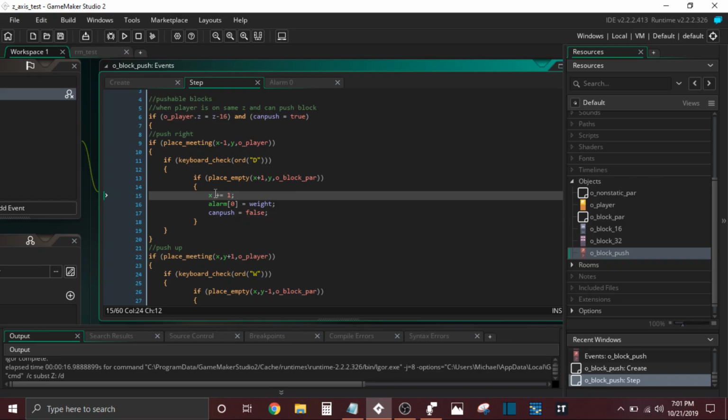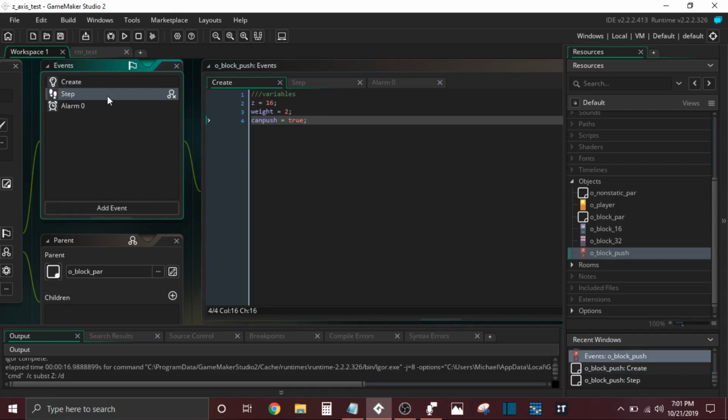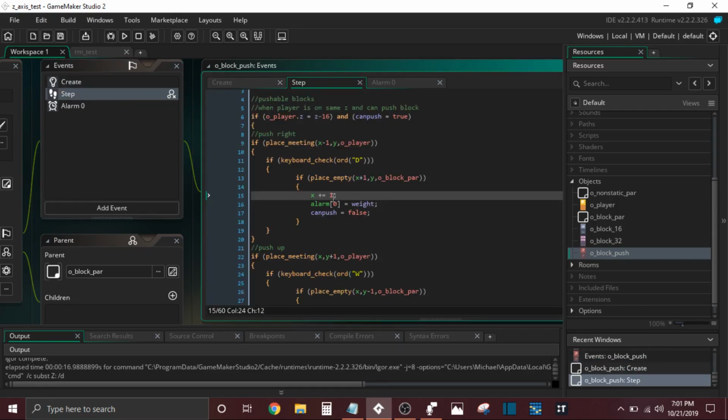okay, so let me just explain, because this part is a little weird. You guys are probably wondering why I'm dealing with the weight with alarms. Maybe some of you guys have already figured it out. You're probably wondering, well, if you want it to move slower or faster, why don't you just put the weight right here and have that affected? Well, I'm not sure why. Maybe it's just the way that I had it set up, but it wasn't moving at all if it was anything less than 1. So basically what I just did is I just set this alarm equal to the weight,